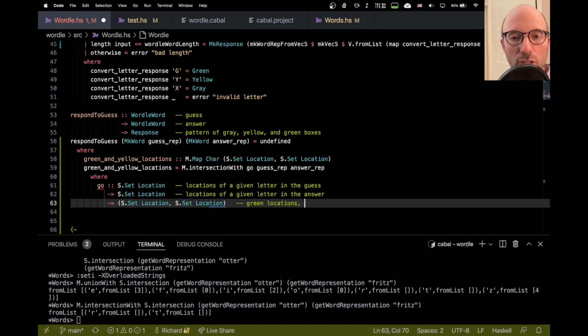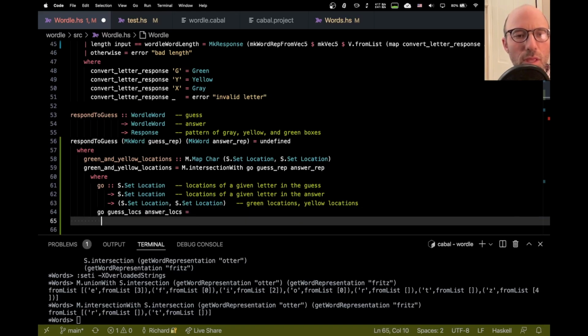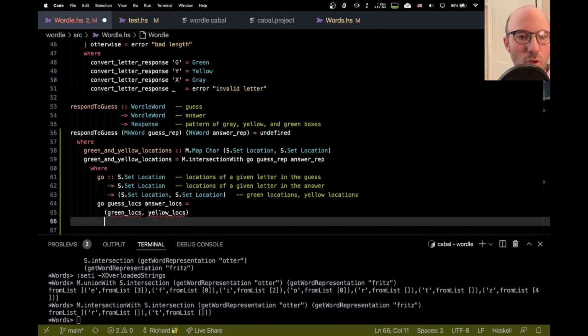Green locations, yellow locations. Okay, let's give that a try. So guess lokes, answer lokes. Let's see. And how am I going to compute these? Well, so this is going to be green lokes and yellow lokes, where